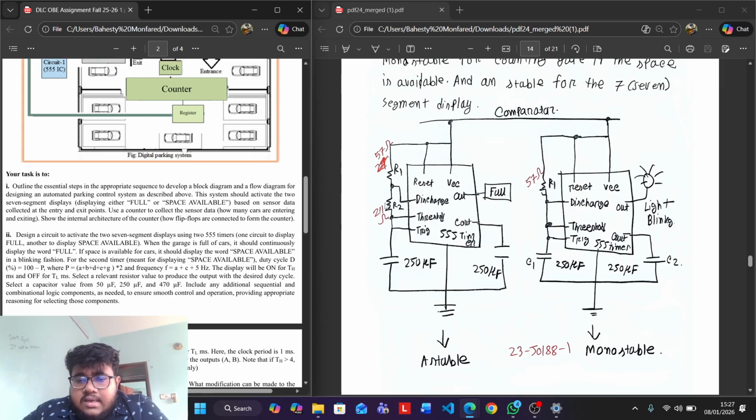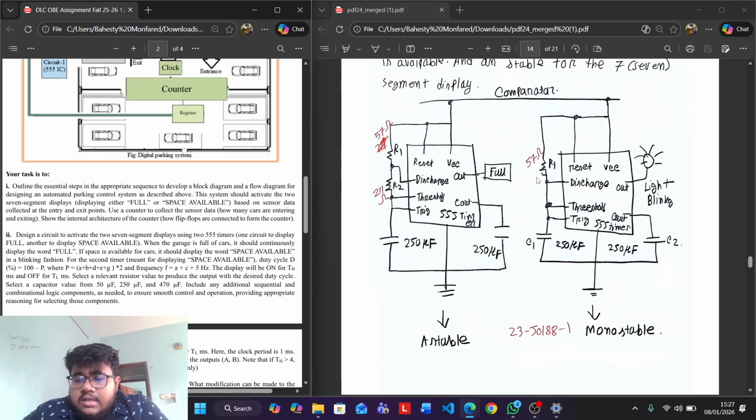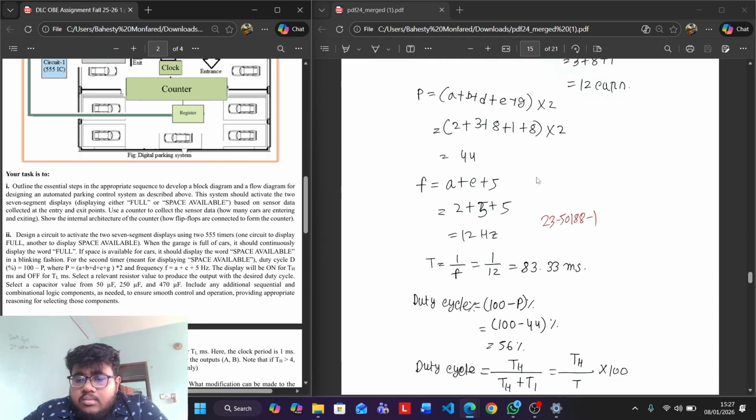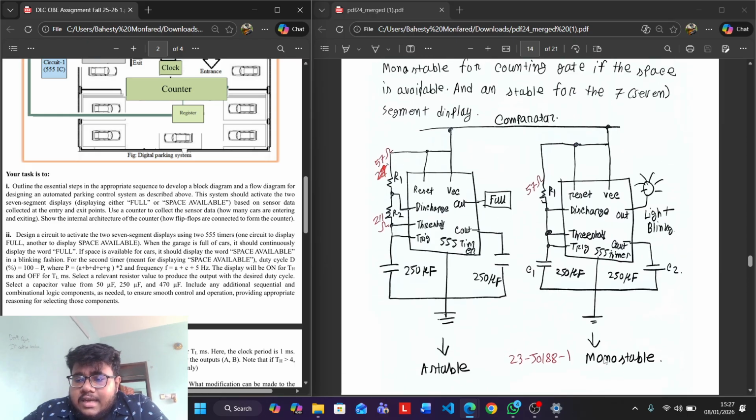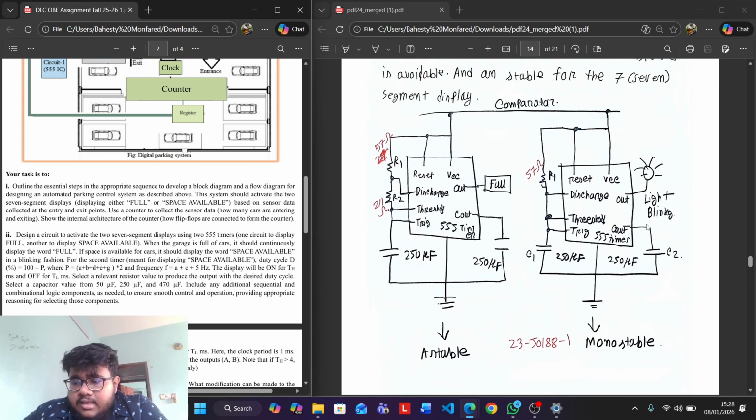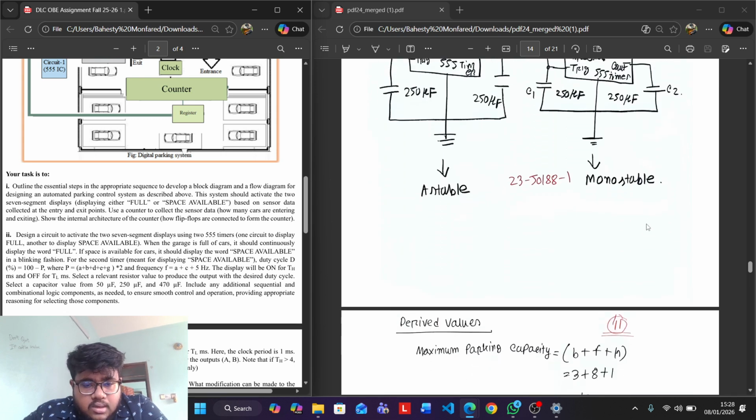So there is a connection. We have R1, R2 and R1. That value we have taken from the calculation from the data we have. So here is the connection, and this is the astable mode and this is the monostable mode. The astable mode will show that it is full, and the monostable mode will show that the light is blinking. Okay,